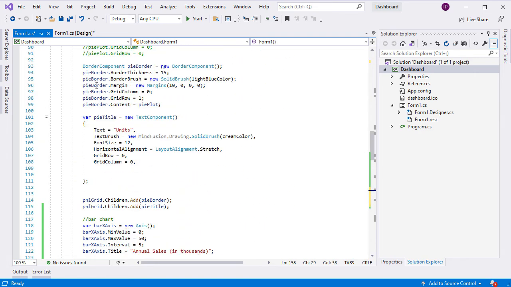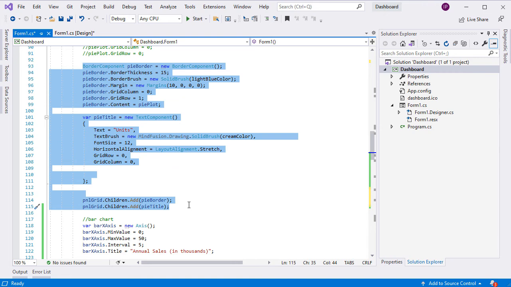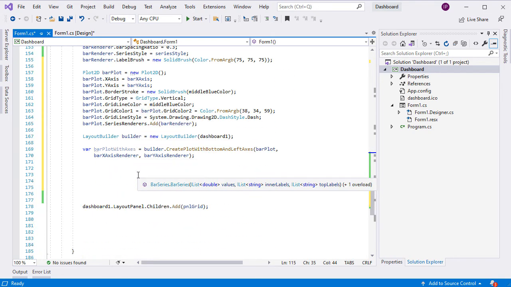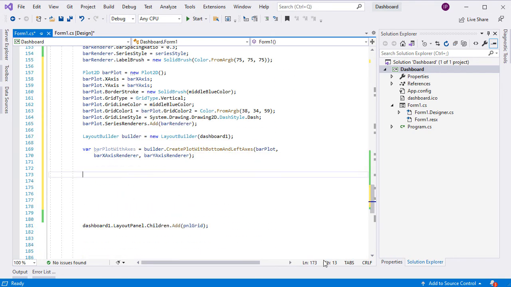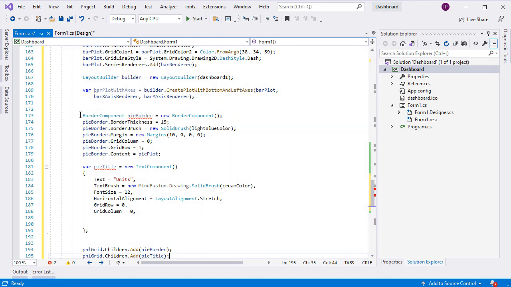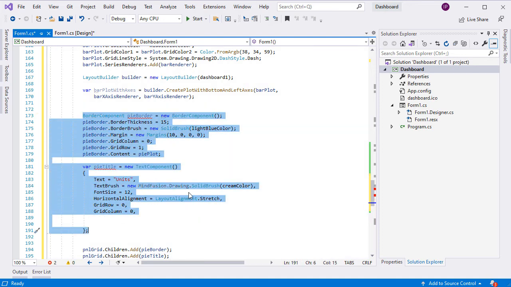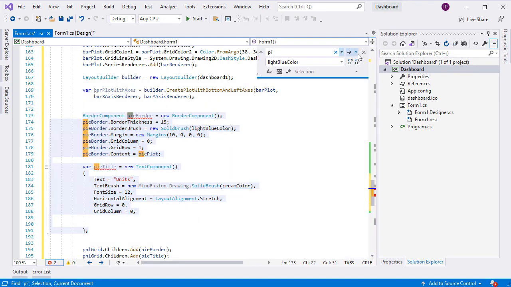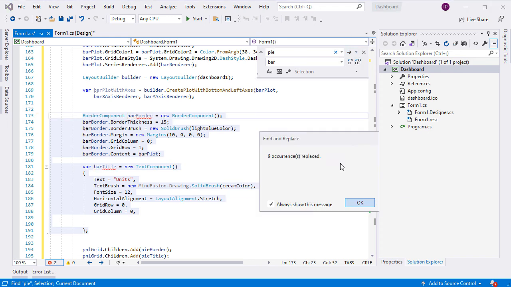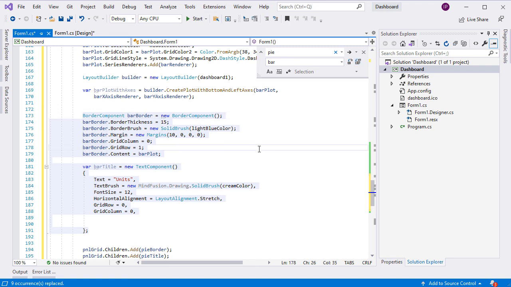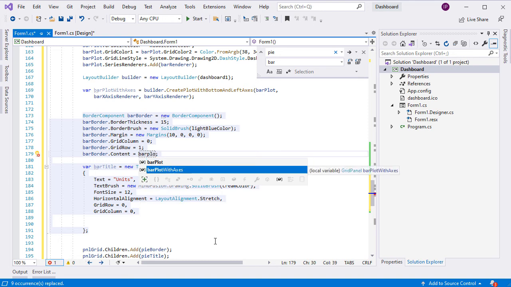We will use the same border component and label for the bar chart that we used for the pie chart. We copy the code and replace pie with bar. The content has to be the bar plot, and we also need to change the grid column of the 2 components.